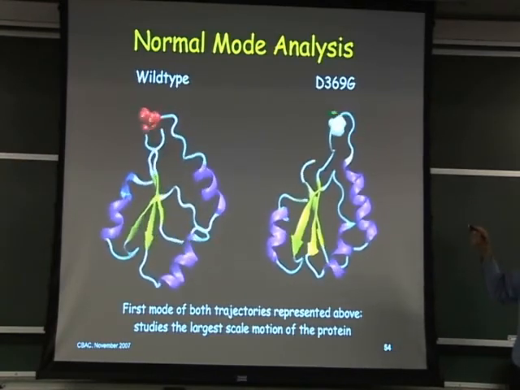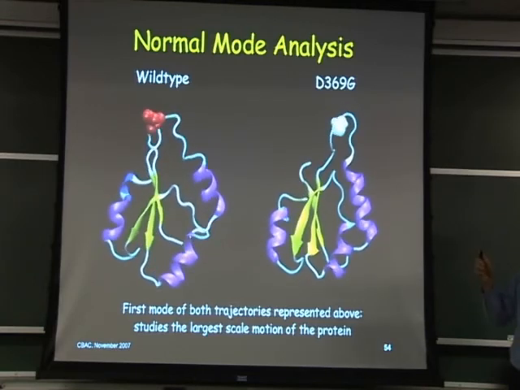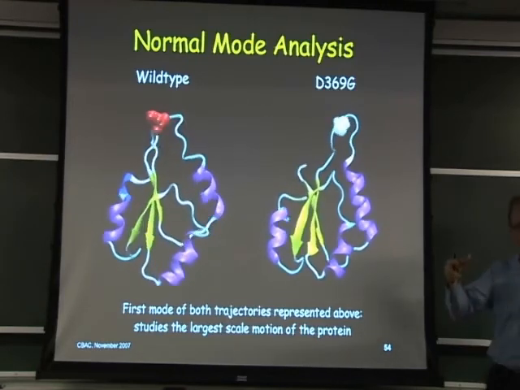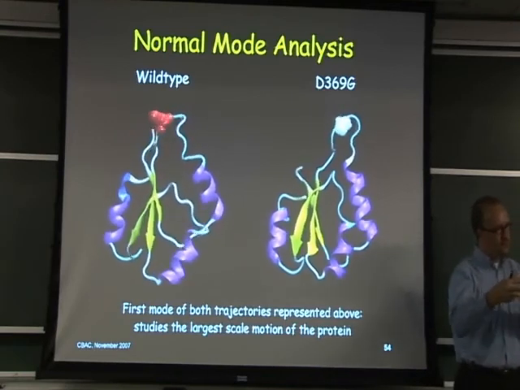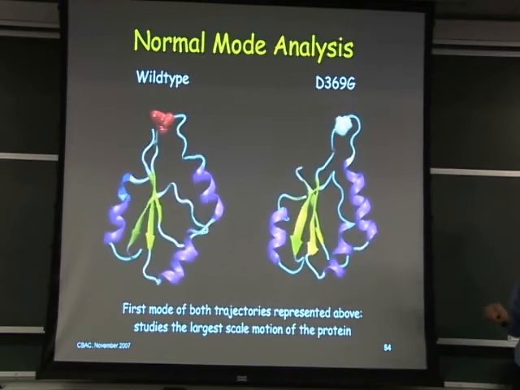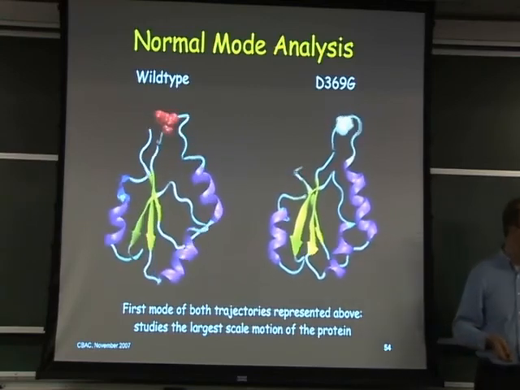And you see that largely we've got the same degree of motion in this loop. Remember that the DRDD loop showed exactly the same range of dynamics. But now, if you look at this, it's almost like the rest of this motif is cemented together. It's become much more rigid. It exhibits less dynamics than the wild type, which is exactly what we saw in the RMSF analysis.